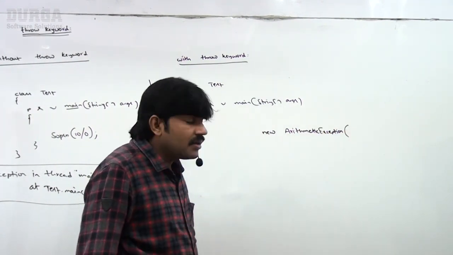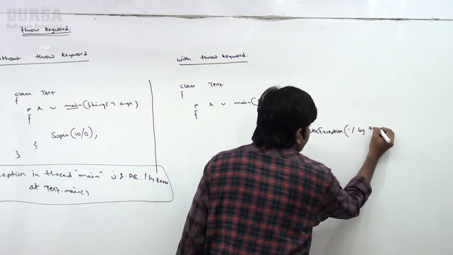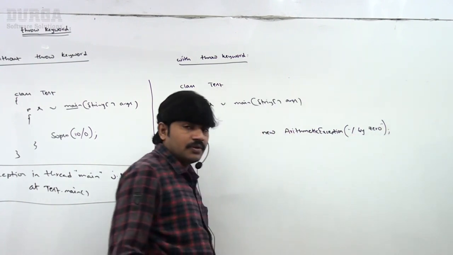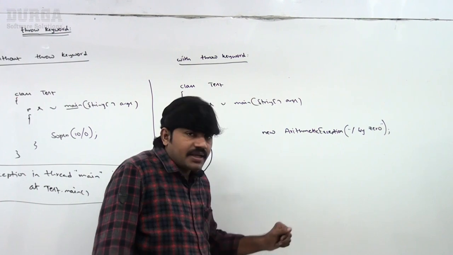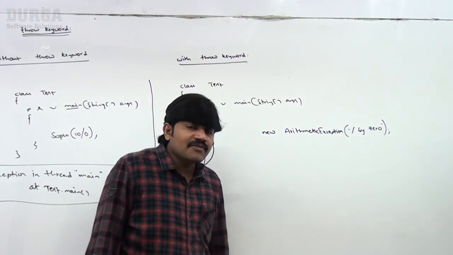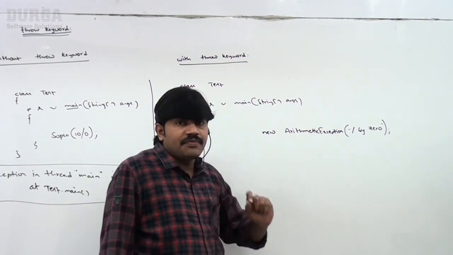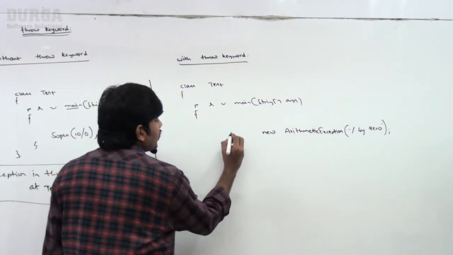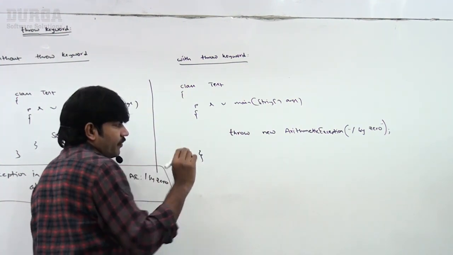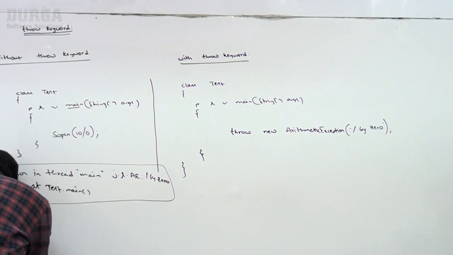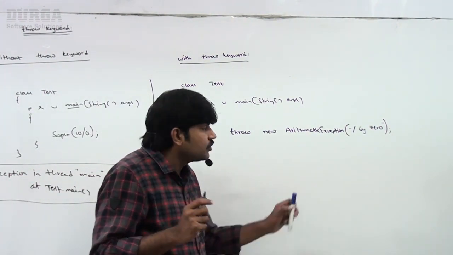Okay, sir, here what we have to take? Division by 0, like this. Sir, up to this, what we did is I created an ArithmeticException object explicitly. After creating the ArithmeticException object, I have to hand it over to the JVM manually. For that, which keyword is required, sir? Throw keyword is required. Observe very carefully, sir. These two lines are very important.